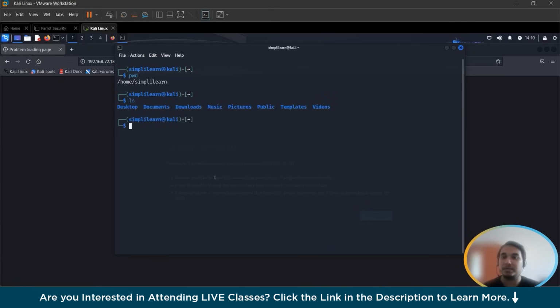If you check what folders are available: Desktop, Documents, Downloads, these are the folders. Now, if I am running the HTTP server on this folder, even though only my IP is going to be used for accessing the server, it depends on which folder I am hosting it from. So if I host the Python HTTP server